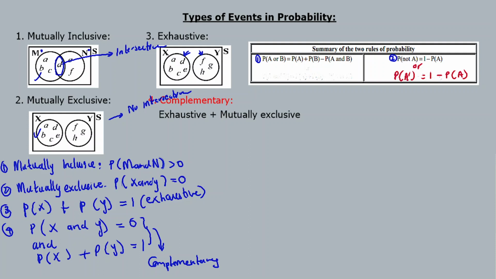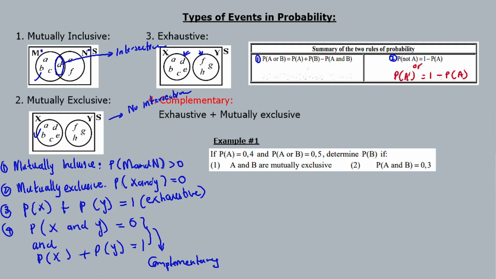So for example, let's start with maybe 2 examples. Example number 1. We are given that the probability of A is 0.4. So the probability of A,